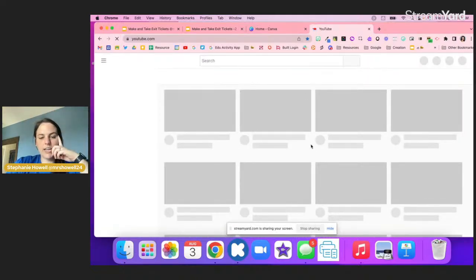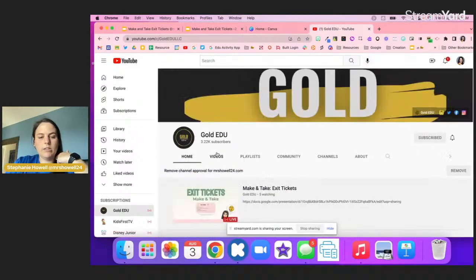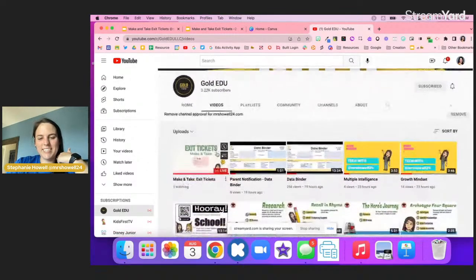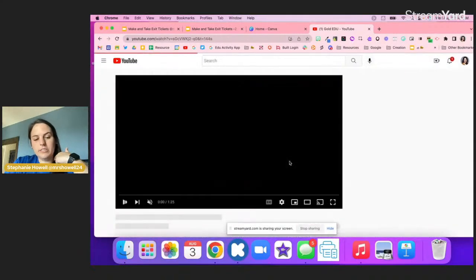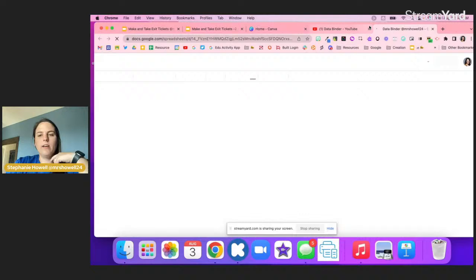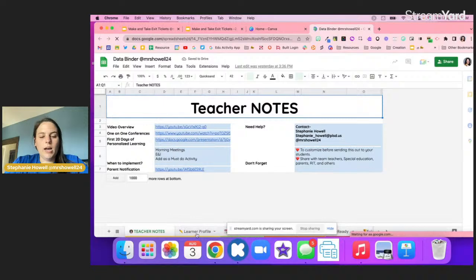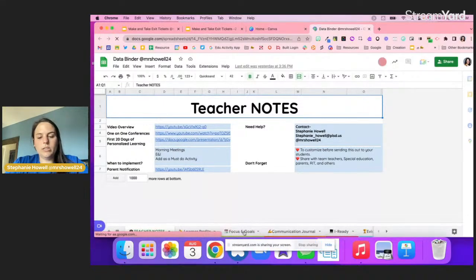I created a data binder yesterday that I absolutely love. Data binders have been really hard for our teachers. We tried Google Sites. It took the students way too long to get in. We've tried multiple different things, and it's just taking way too long for our students to add data, which is crazy. So with this data binder, I'm going to go in and I'm going to go to,